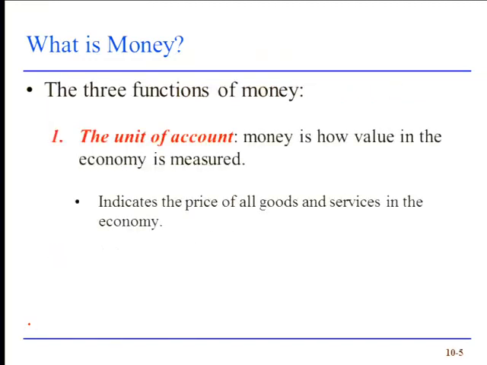What does all that mean? The unit of account is simply how we price things. Right? So notice that in the United States, we price things in US dollar terms. In Europe, they price things in euros, or British pounds, or Swiss francs, or whatever other currency that particular country might be using. Right? So what we call money, the name we give to it, is also how we price things, unit of account. Okay?